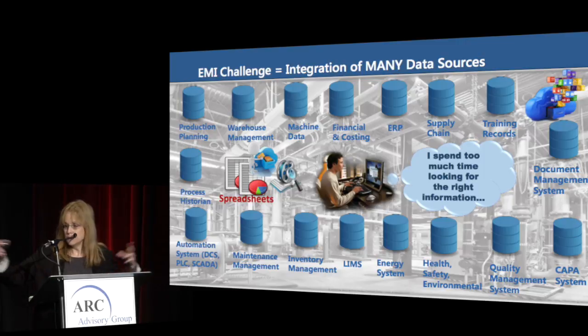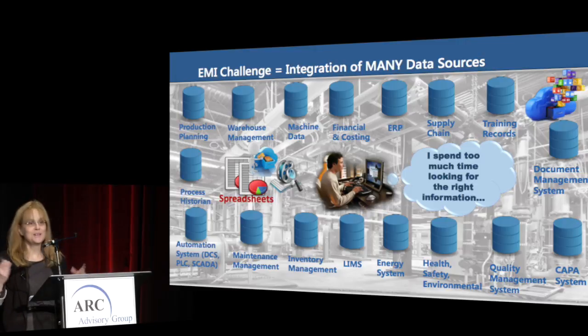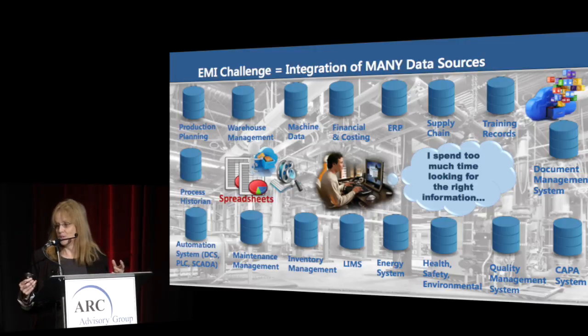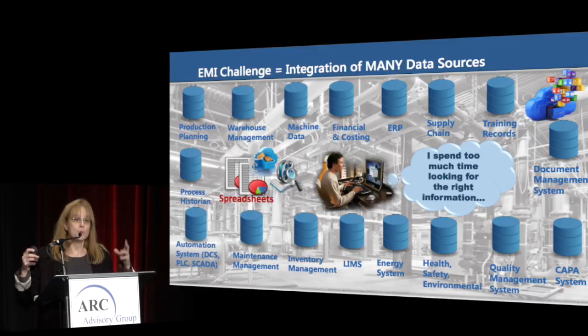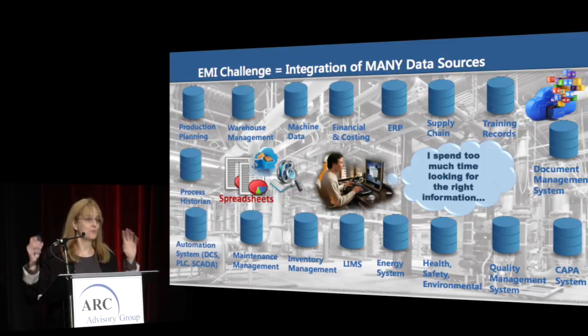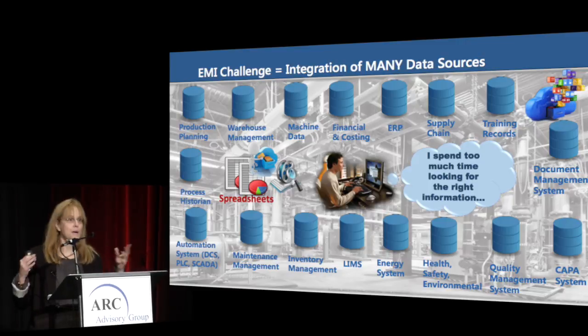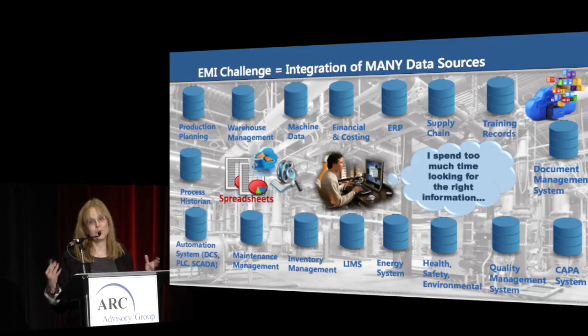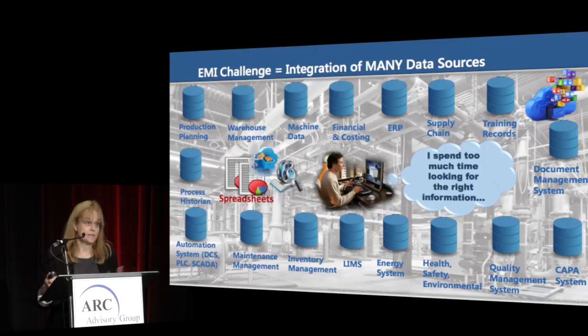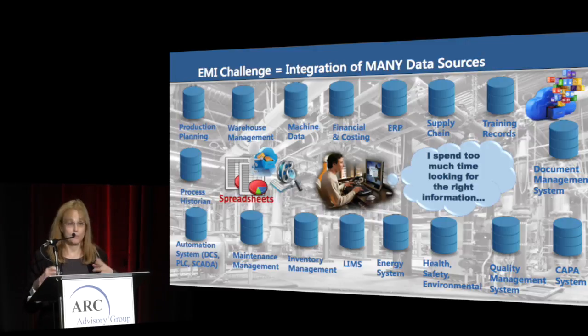So all of these different types of machines and information, and this is what people are talking about, the DCS, the PLC, all of this information is extremely important. And one of the things that I'm always hearing from people is, I spend way too much time looking for the right information. And I'll bet you if I ask, how many people here do, I bet most people would agree with me. I do it, I know myself, and I know in a plant, it's even a lot more work to find what you're really looking for. And that's what EMI is all about.